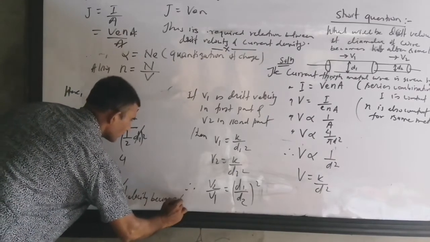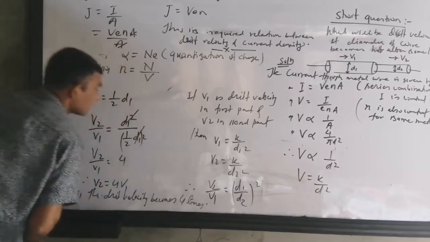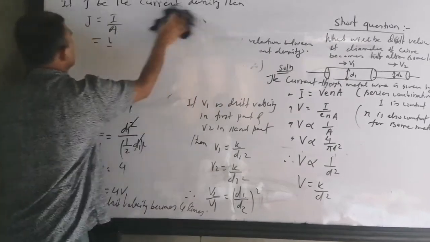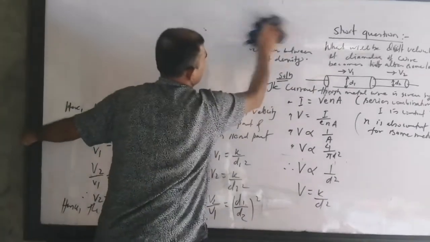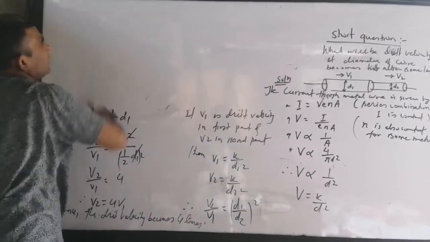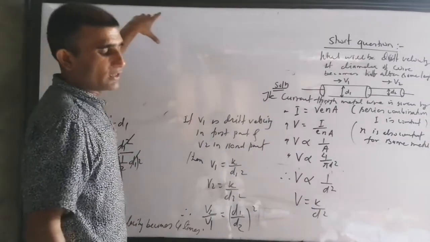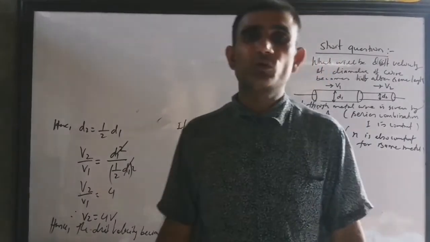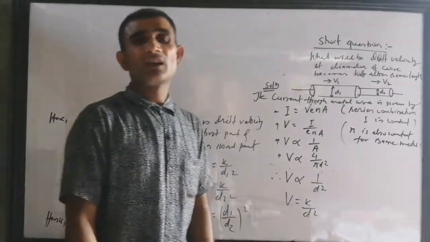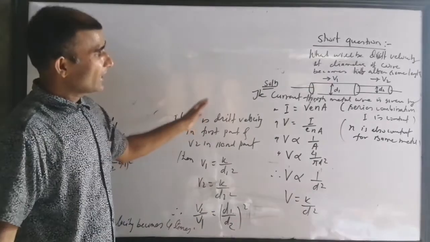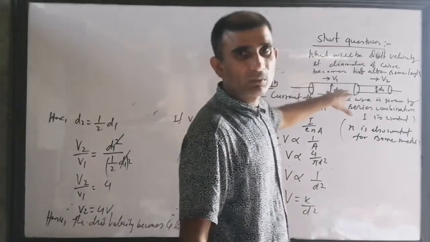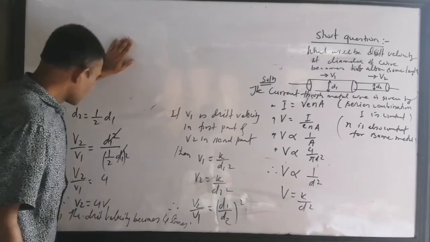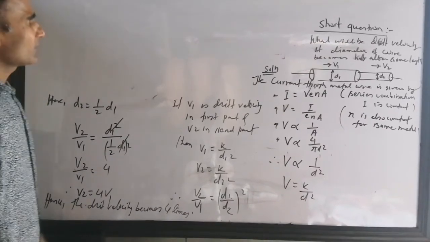You can conclude the question: hence the drift velocity becomes 4 times. If you present your copy like this, you can get good marks. You may think that for 4 marks you write a 2-page answer, then for 2 marks how much should you write? You think writing 4 lines is enough and your teacher is not giving the 2 marks. How is that possible? For 4 marks, if you have to write 2 pages, then for 2 marks you have to write at least 1 page. So I request you, while writing a short question also, think that it carries 2 marks and write in proper length. So this was the question I had to discuss in this topic.